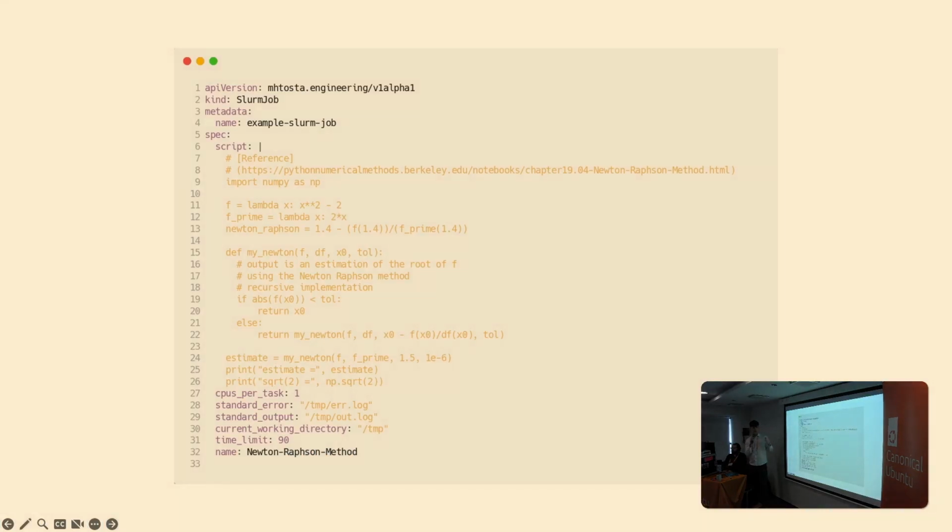Well, I told you guys that PyKubeSlurm uses the Kubernetes concepts, and essentially, by deploying the standalone deployment of PyKubeSlurm, you also deploy a custom resource definition in the cluster. So by the end of things, this is how your script might look. This is a simple example. There is a reference I got from Berkeley, and it's simply a Newton-Raphson method to calculate the roots of this equation right here. Not going into the details of the script, it could be literally anything you want as an engineer, right? But the thing is,